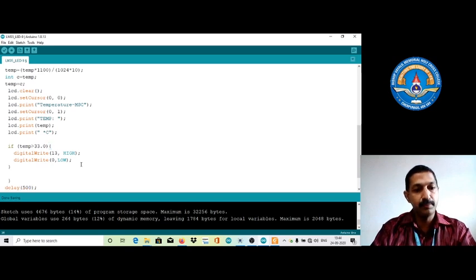Then there is an else portion. Else, what should it do? It also starts with the same curly braces. You can add digital write pin number 13 should be low. Previously we executed with high, so if it is not more than 33, it should be low.